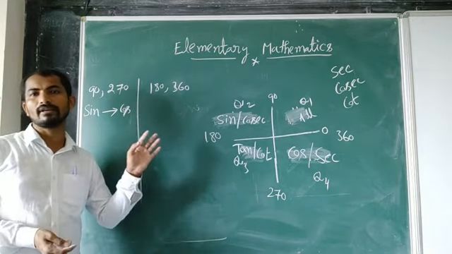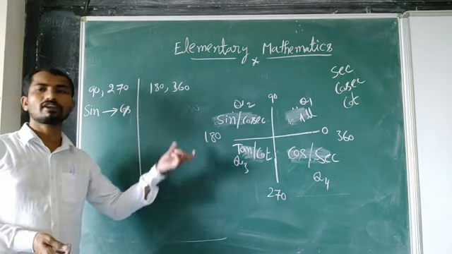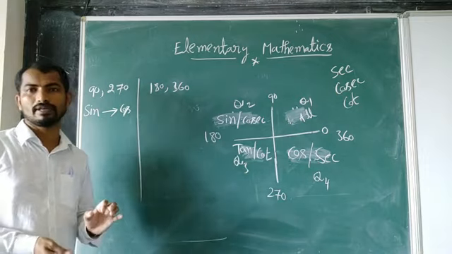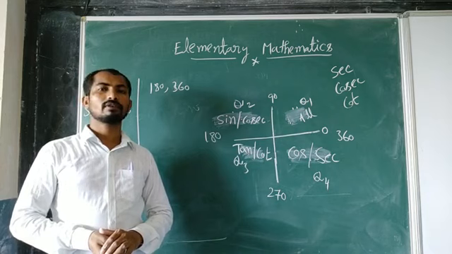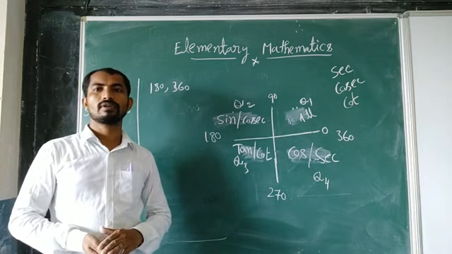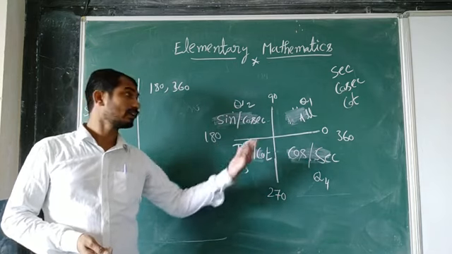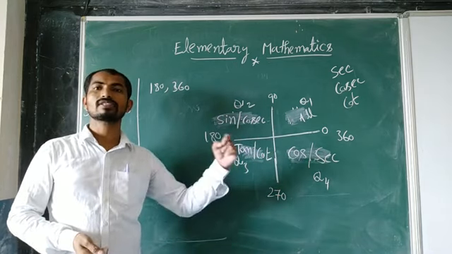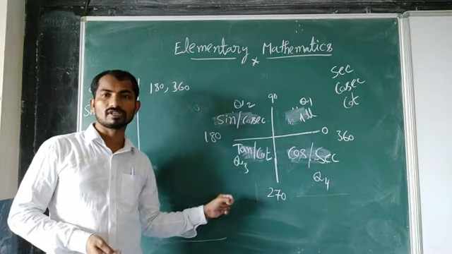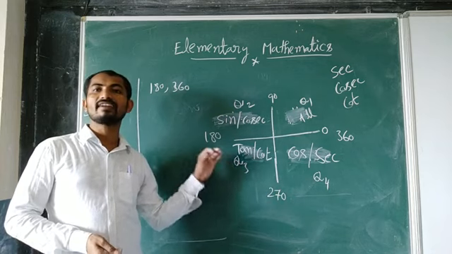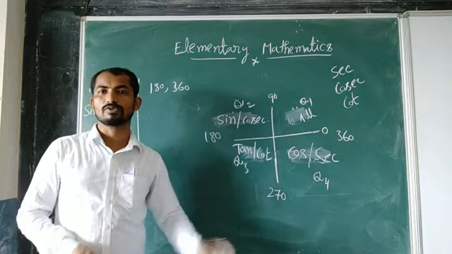Let them give any angle, it doesn't matter, however big an angle they give. We can find it easily if you remember these steps. First, how to divide the quadrants and what is positive and negative in each quadrant. For that, I told you All Silver Teacups: in the first quadrant all are positive, in the second quadrant sine and its reciprocal cosec are positive, in the third quadrant tan and its reciprocal cot are positive, and in the fourth quadrant cos and its reciprocal sec are positive. That is all.